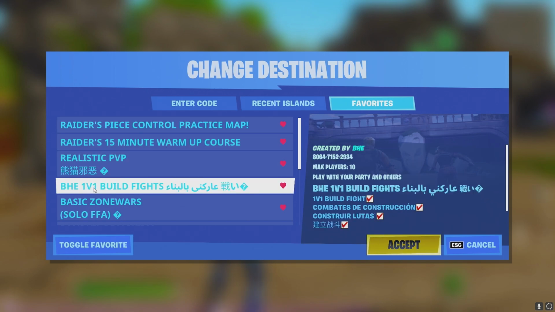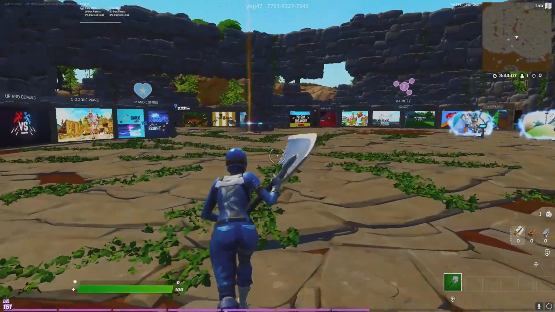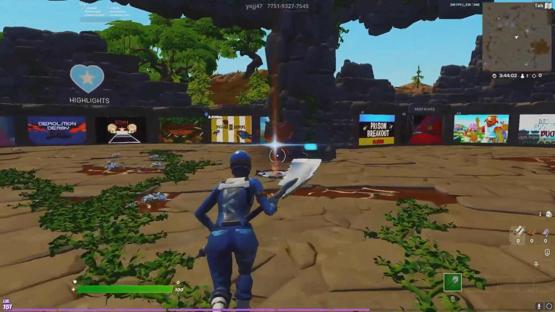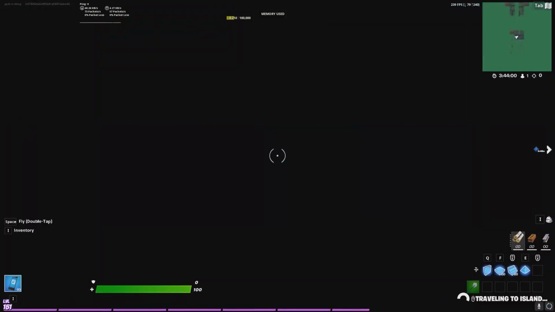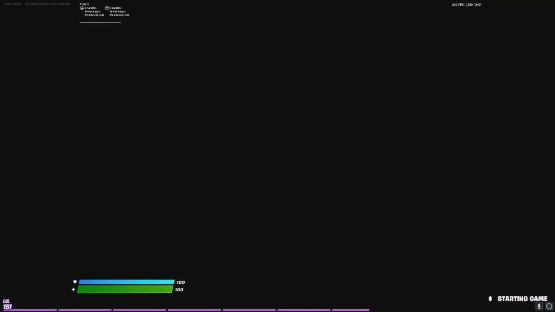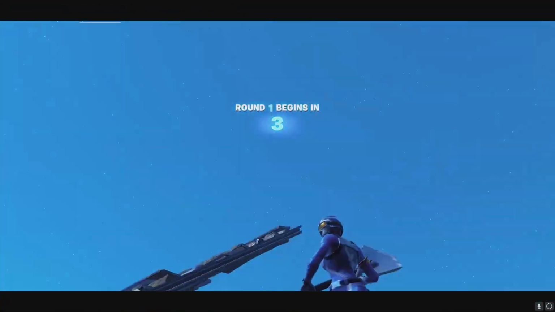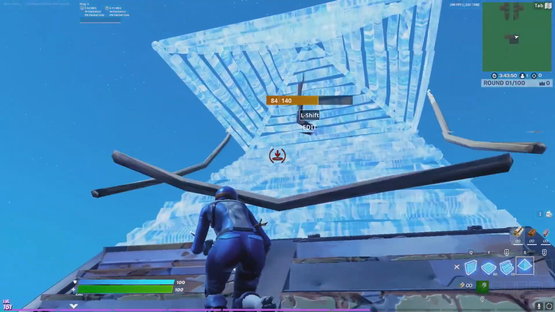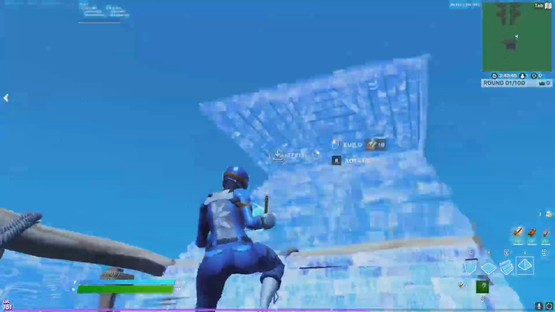I'll either do BHE 1v1 build fights, where I fight someone like that, just a 1v1, or I'll just straight up free build. And there's a way to free build that is almost not the correct way, but in a sense it's the correct way to warm up. So when you're free building, you don't want to just do mindless things where you're cranking all the way up and dropping all the way down. You want to think of something in your head that you need to improve on,